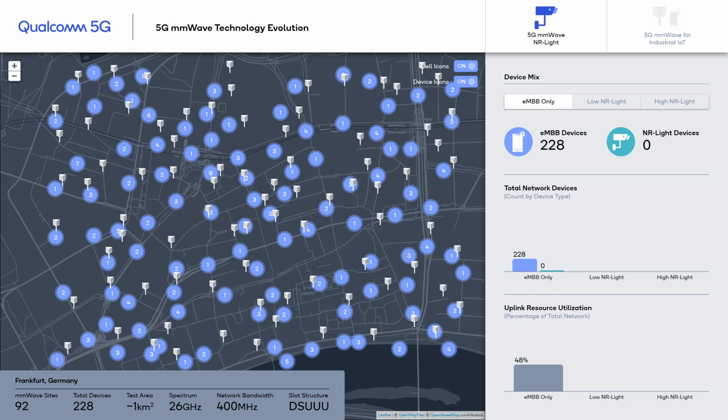bandwidth. We took Frankfurt, Germany as the basis of our simulations, where there are 92 mmWave sites in total, covering an area of approximately 1 square kilometer. In the baseline scenario, we only have a Release 15 mmWave eMBB device enabling the system, operating in the entire 400 MHz allocated bandwidth. As you can see, there are currently 228 devices, taking up approximately 48% of the total